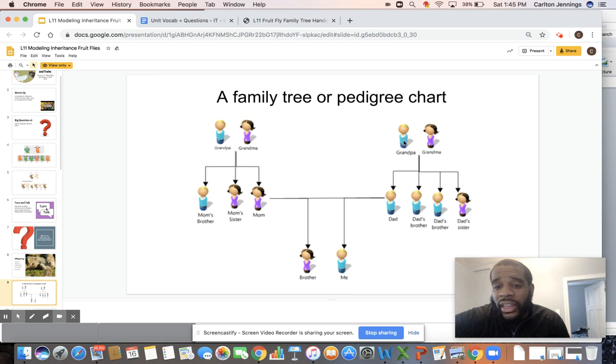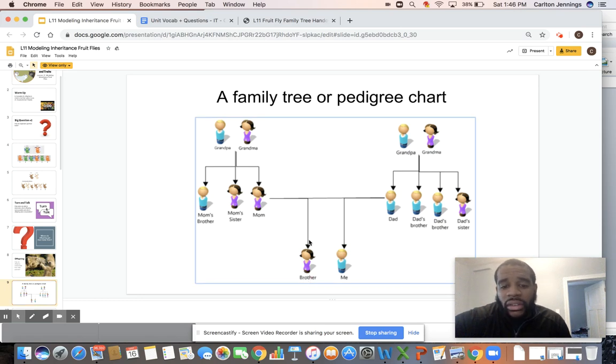On the dad's side, grandpa and grandma made all the boys look exactly like grandpa. So all of the boys will also look like me, and we didn't get the traits from mom. We look exactly like our dad. Same thing for mom. Mom doesn't look anything like dad. Mom and mom's sister look alike. Sorry, this should say sister, I'll fix that later. So this tells you what your sister might look like